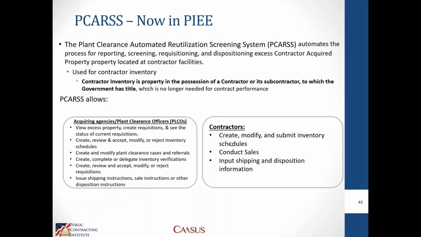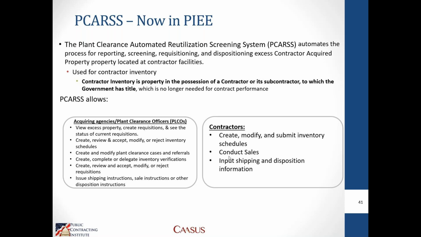And that's the plant clearance automated reutilization screening system, so that the government can then take inventory of what kind of contractor acquired property is remaining on your contract and try to reutilize it in some capacity. It's important to note that when you're reporting to PCARS any contractor acquired property, if you are reporting an item that includes expendable items that have been incorporated into a higher end design, that you report the inventory on PCARS at the highest level, including all of the costs of the subordinate elements that went into that piece of